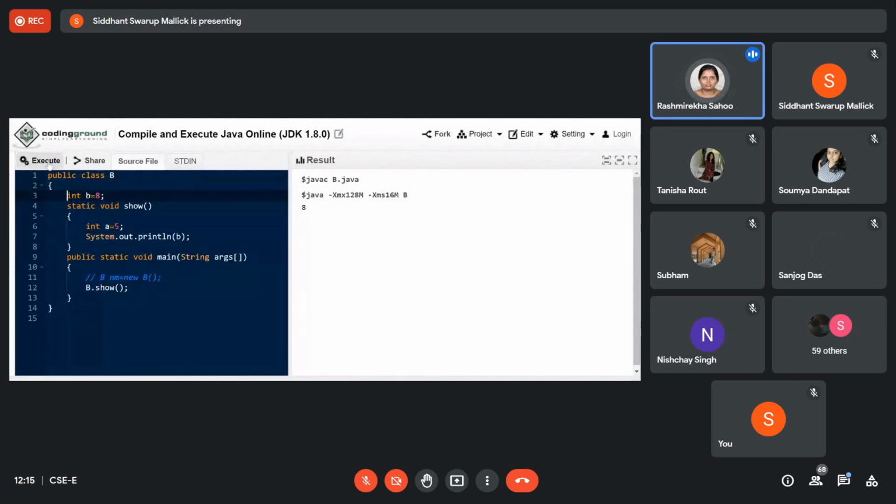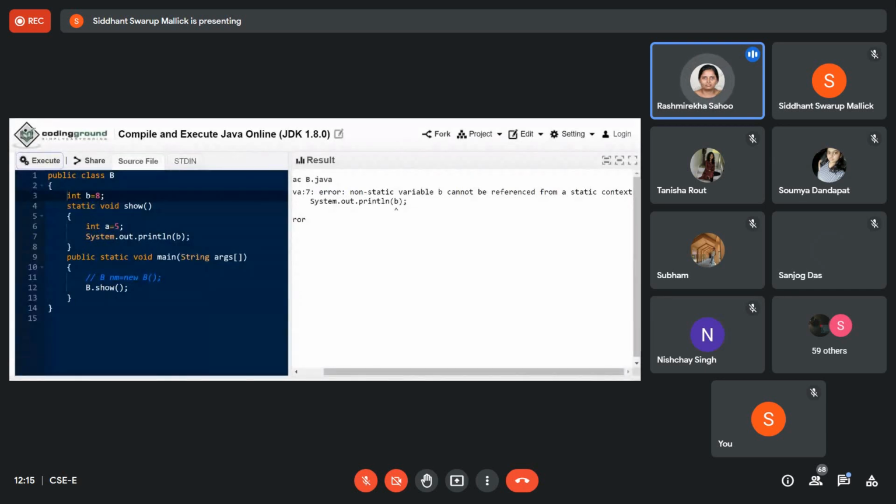You execute it now. Non-static variable b cannot be referenced from a static context. So if that member is a class member and you are accessing it inside the static method, then that class member, or that instance variable, must be of static type.